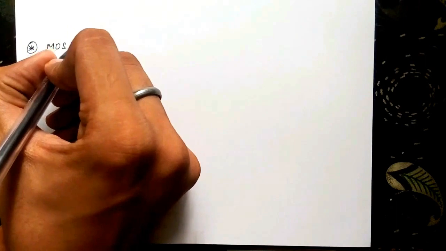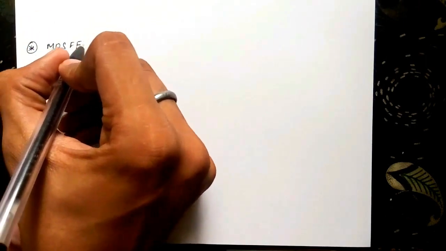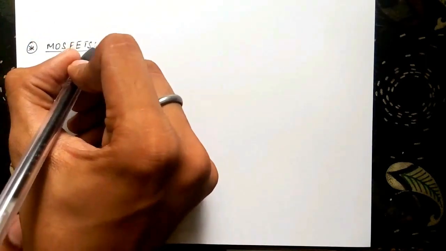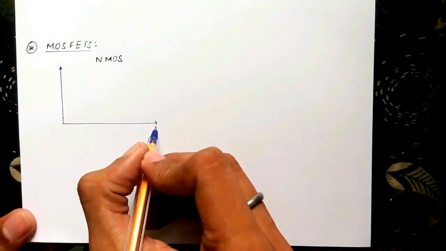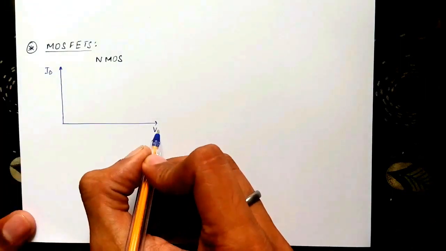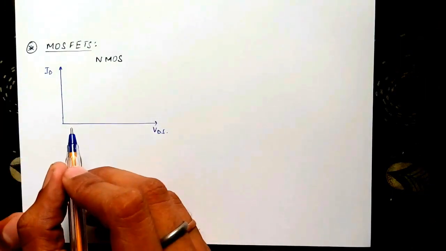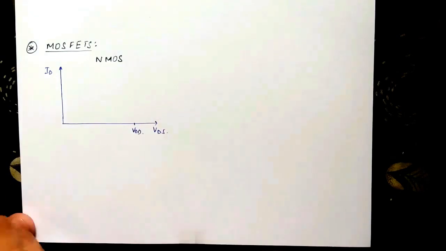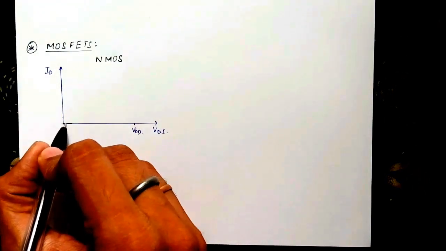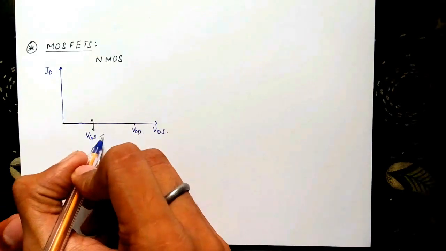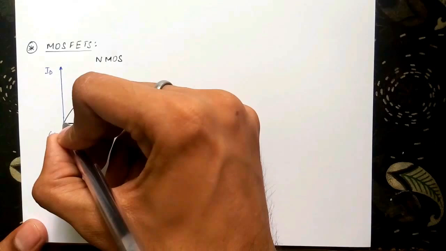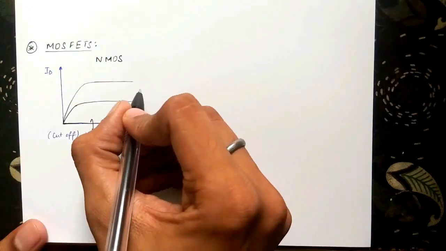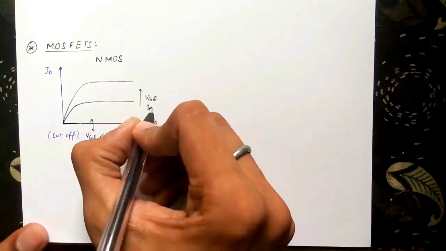I will be assuming that you know the basic working of MOSFETs, but still as a revision, let me brief you quickly about some of its basics. NMOS. ID/VDS characteristics of an NMOS goes like this. For gate source voltage less than the threshold voltage of the MOSFET, the device is in cutoff region and no current flows through the transistor. As we increase the gate source voltage, the device starts to conduct, and neglecting the channel length modulation effect, the graph goes like this.